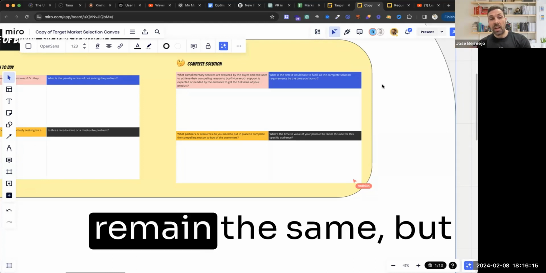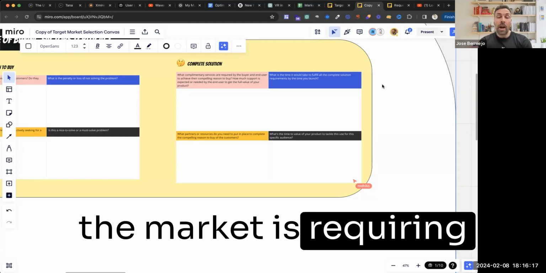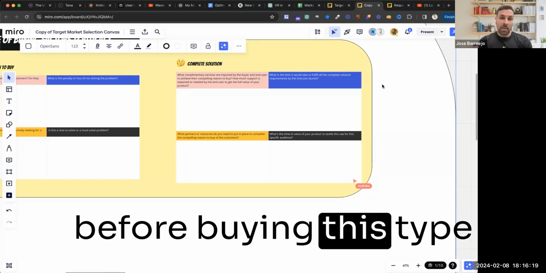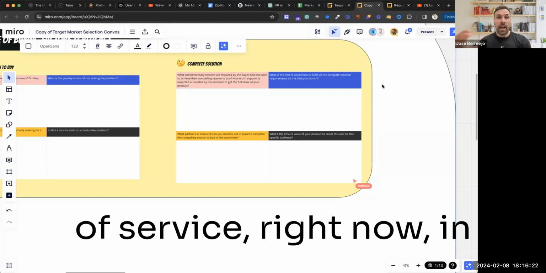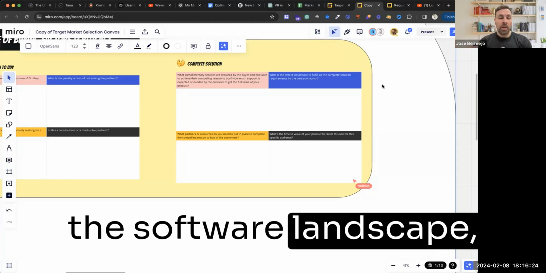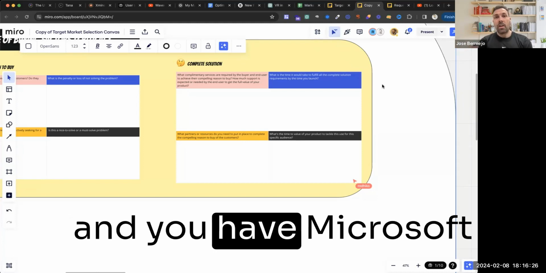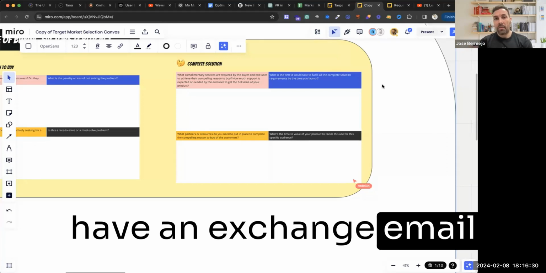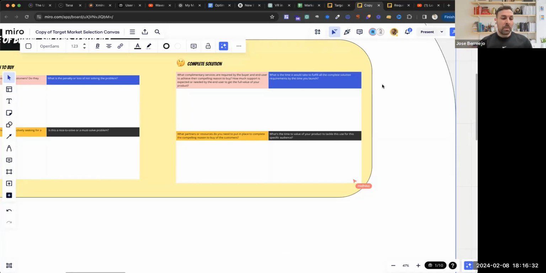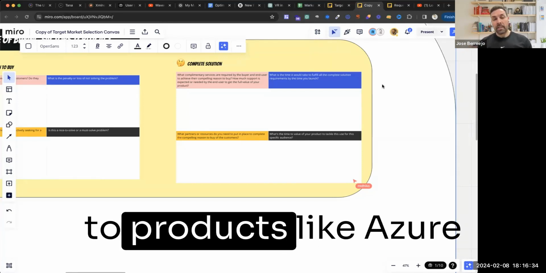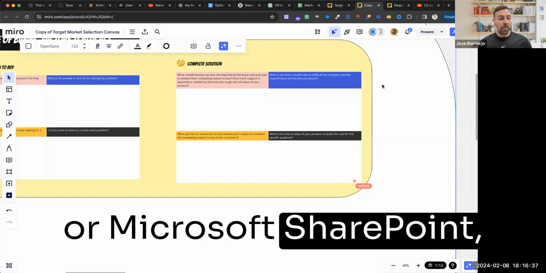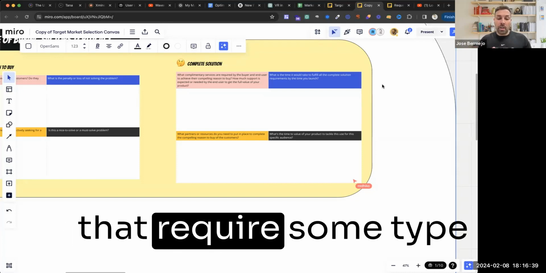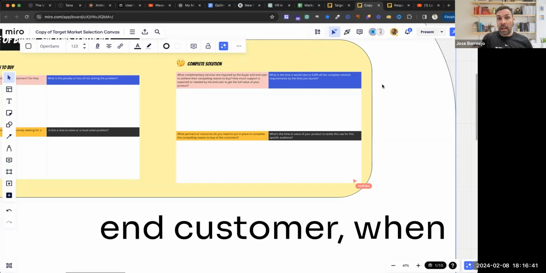So the core features remain the same, but the market is requiring more before buying this type of service, right? Now, in the software landscape, you've got Microsoft and you have Microsoft 365. Almost everyone can have an Exchange email address. It's very easy. But then when it comes to products like Azure or Microsoft SharePoint, which are products that require some type of adaptation to the end customer,